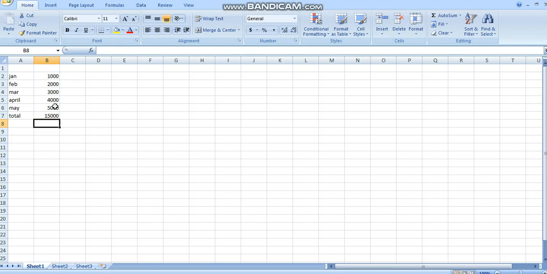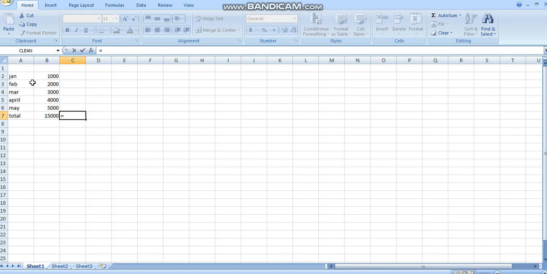Now the second thing: if I don't want to use my mouse to select 1000, 2000, what do I do? I just want the addition of these 5 entries anywhere. If I want it at cell C7, I can just keep my mouse here and select the cell C7. Now I want the total of these entries. So I'll write equal to to start my formula. Then I don't want to select with the mouse, so I will write the name. What it is basically is B2. I have selected here, so I'll just erase it. It is B2 because it is in the B column and on the second row.